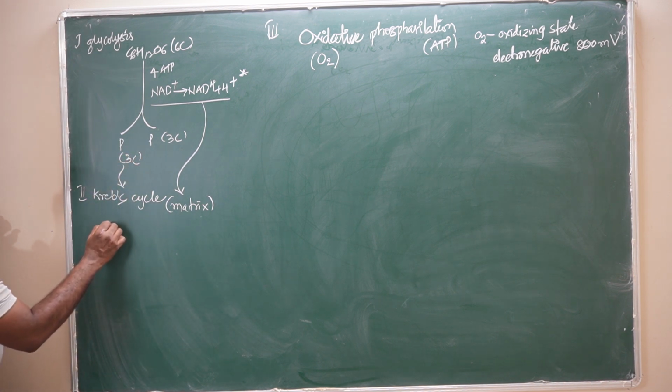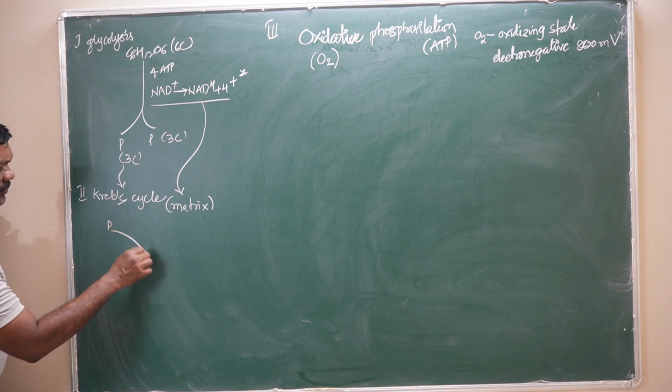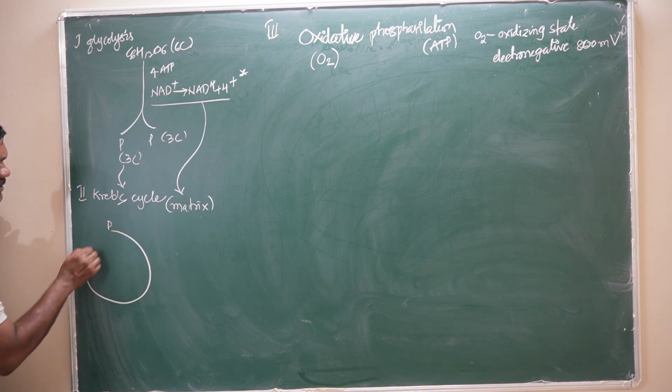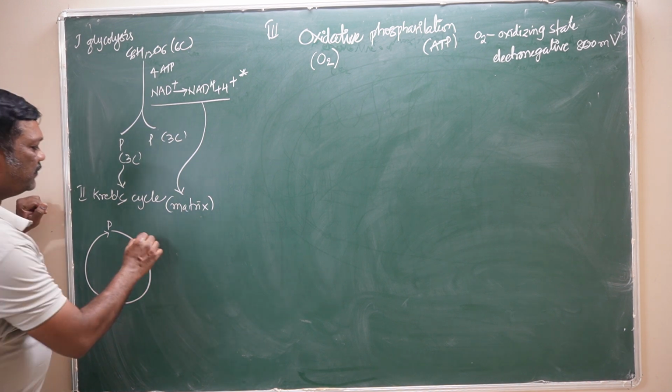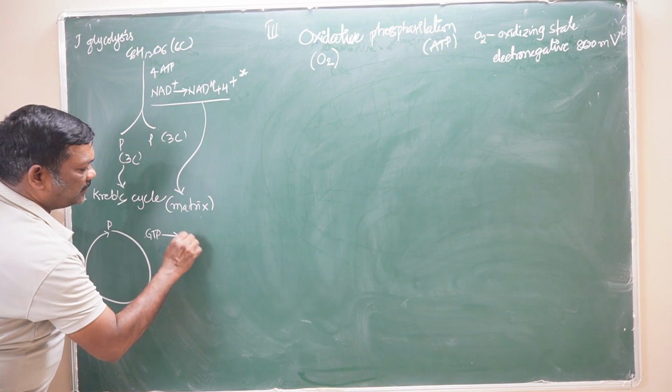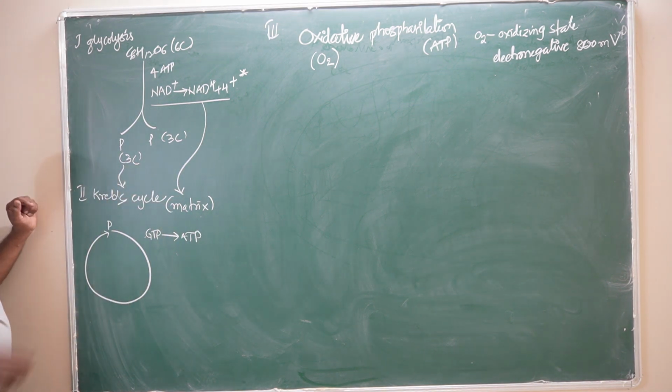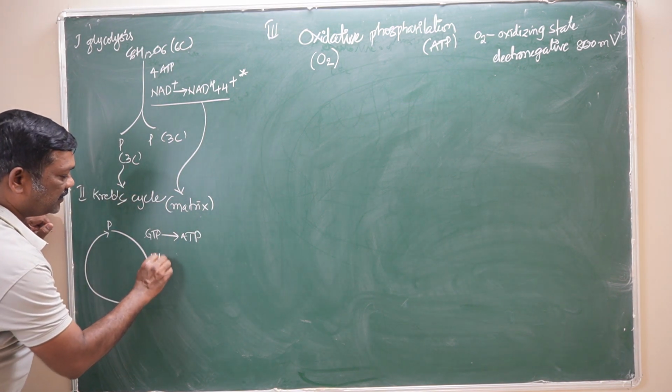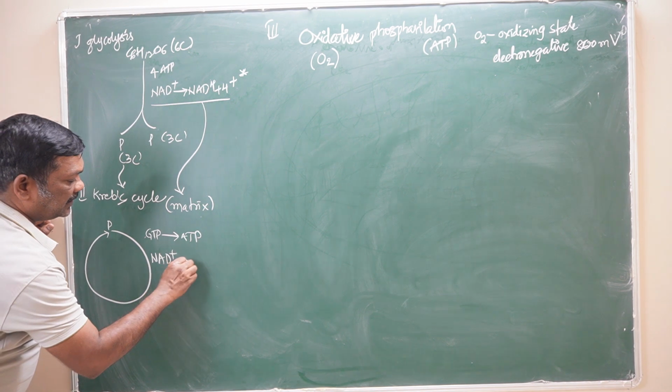These pyruvate molecules go through a series of cyclical reactions in the Krebs cycle and form GTP molecules, which can be converted into ATP molecules, and the most amount of energy is fixed in NAD